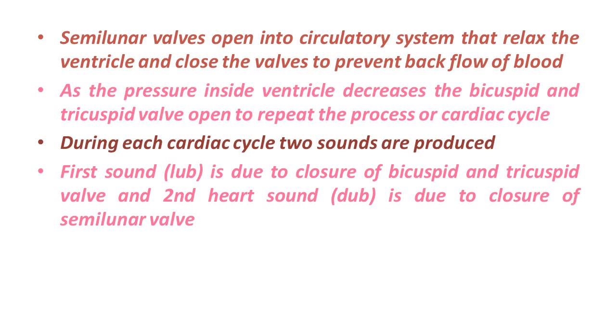So how many times does it beat? 72 times per minute. That many cardiac cycles are performed per minute. From this, it can be deduced that the duration of one cardiac cycle is 0.8 second. How can we make this calculation? Again, per minute 72 times, right? So 72 cycles per minute. So how much time for one cycle? That is easily calculated, and the result is 0.8 second.